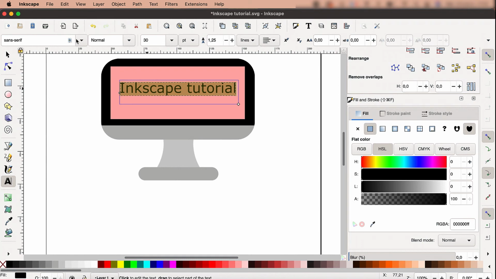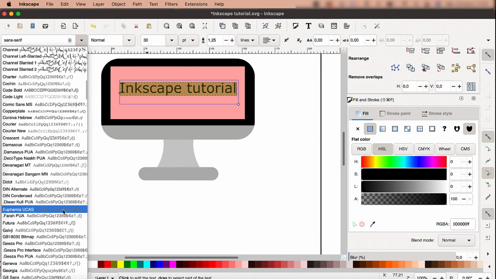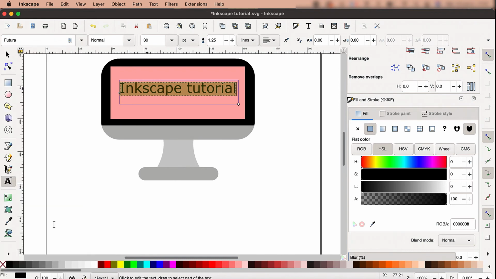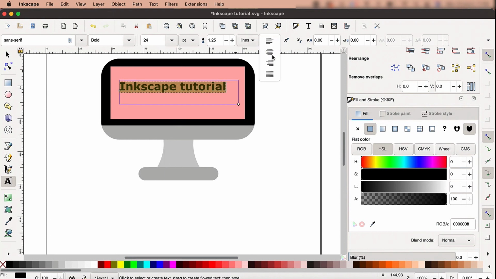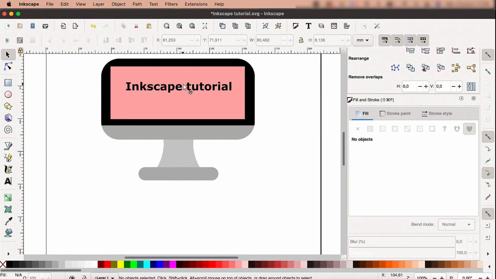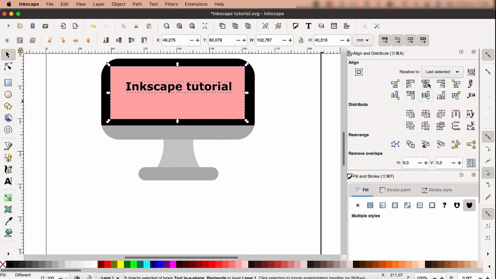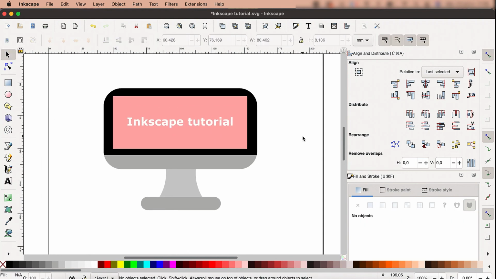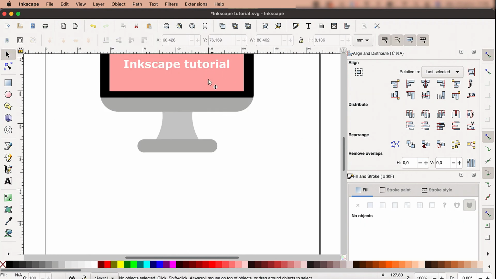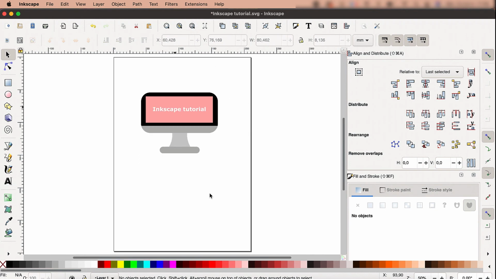You can also customize your text, its size, style and font. To do so, select your text. Choose the font you want, its style, size and alignment: center, left or right. Now select your text and via the alignment board, align it to the screen with the vertical and horizontal axis. You can also change its color. Let's pick white. Have a look at your page with the center page and the zoom to fit page buttons and see the final computer.